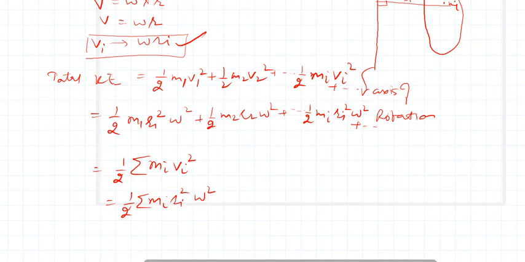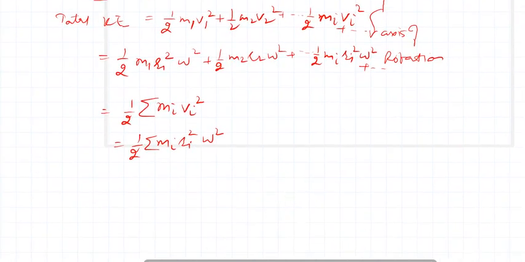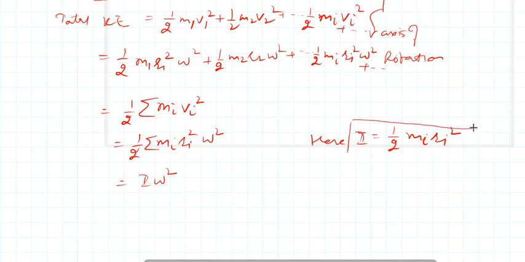And this is equal to 1 by 2 I omega square. Here I is equal to the summation of mi ri square, right? It is the moment of inertia. So let me now define the moment of inertia of the body about the axis of rotation. So hence